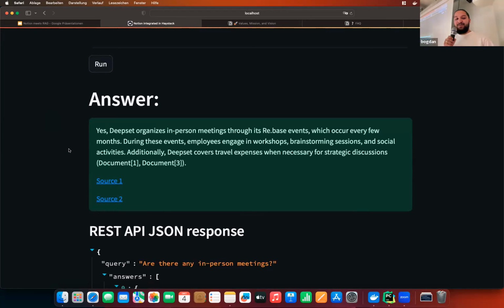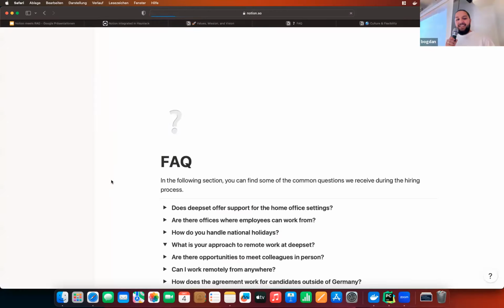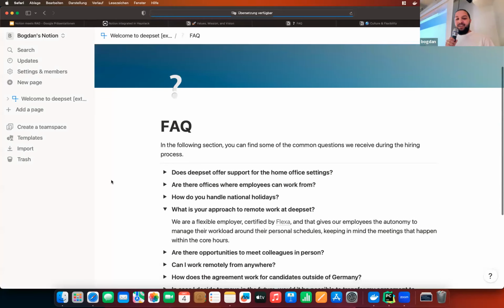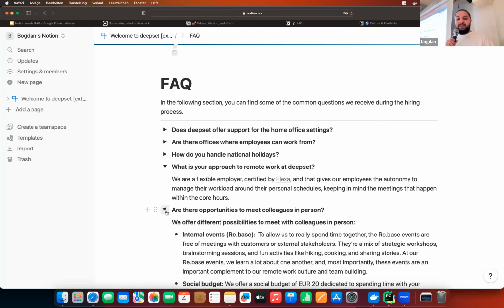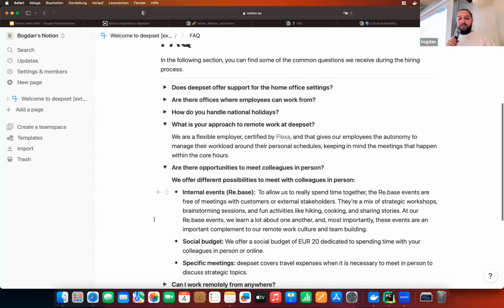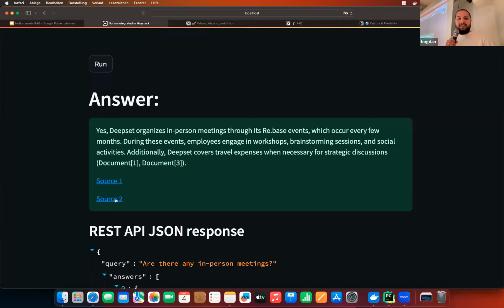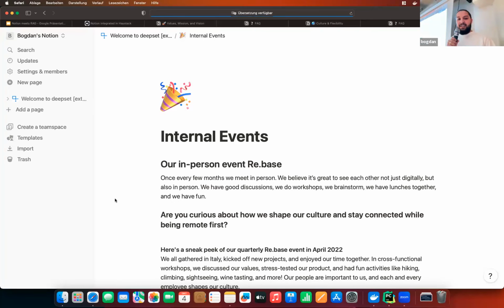And again we have 2 different sources given. The first one is again our FAQ page that we have seen. Here we have this question, are there opportunities to meet colleagues in person, with the information given by the model. And then there's also this page about internal events.